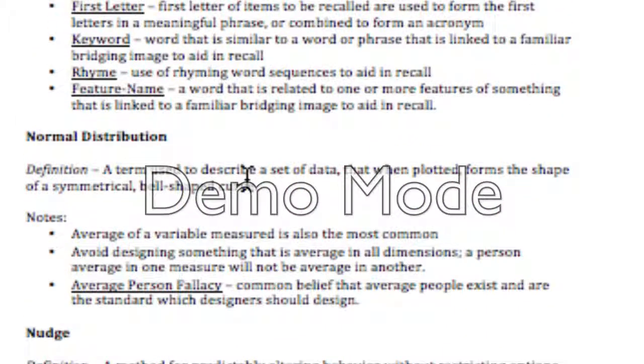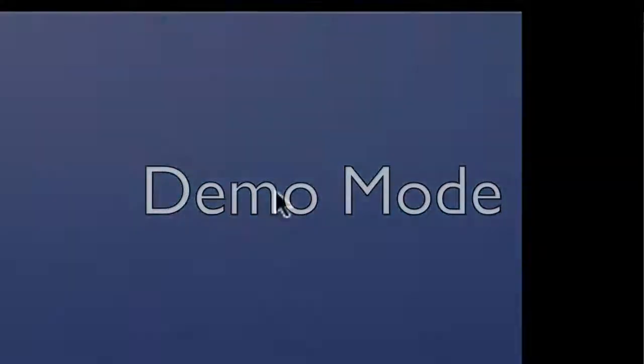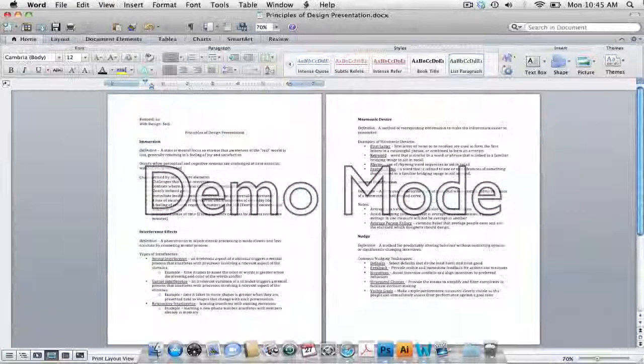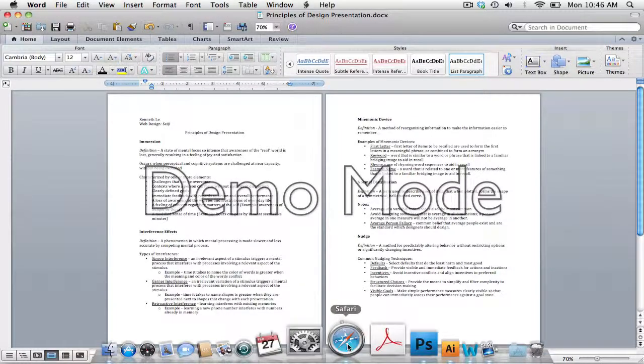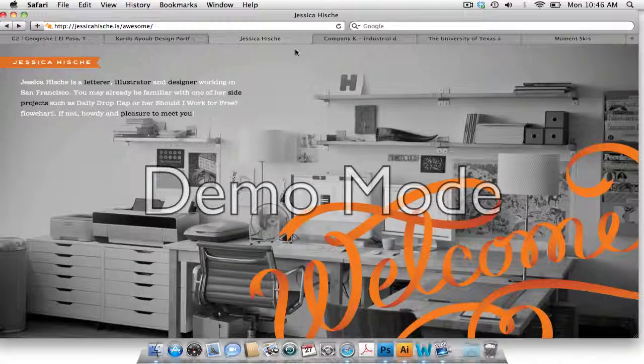And it's basically saying designers should design to the average standard, to the normal person, but there really is no average, because someone that is average in one aspect is not average in another. So when you design, if you're going to design simple, for example,